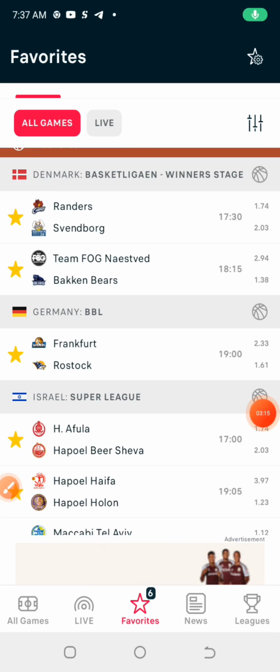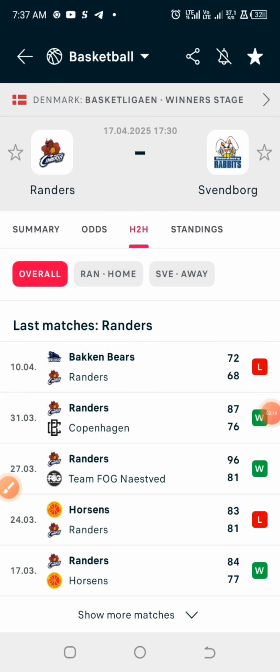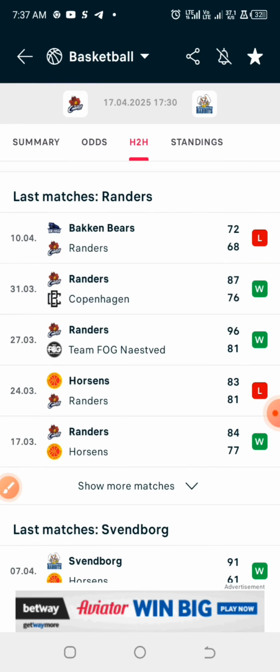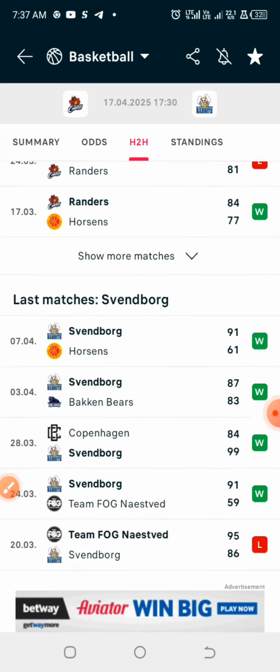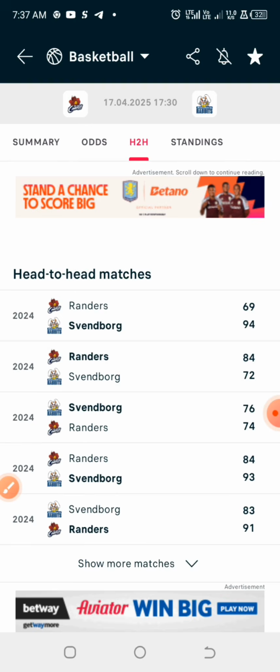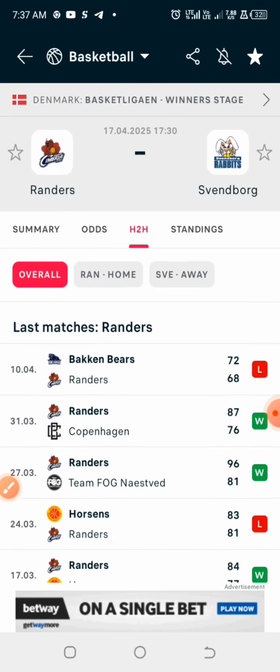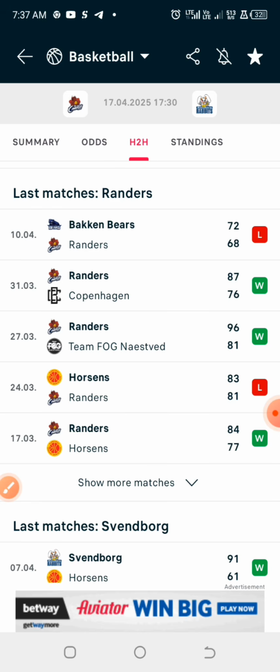It may not be very easy to copy from the app, so I make use of Chrome to copy the stats. I copy the last 5 games for the home team and the away team and for their head to head. Sometimes you can go ahead to copy the last 10 games, depending on how much time you can dedicate to the process of analysis.